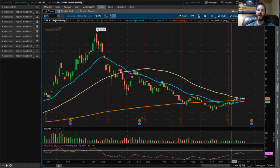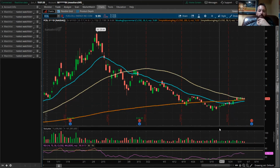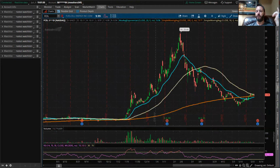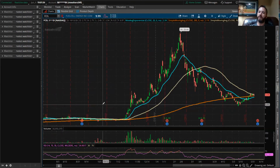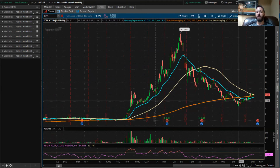So this price action right here at the $8 level looks like it gave a nice bounce. It is up 40% just about. It went all the way down to almost $6 a share about 3 weeks ago, but it has a lot of potential to recover. Once again, hydrogen, the fuel cells and everything else, this could be a nice recovery